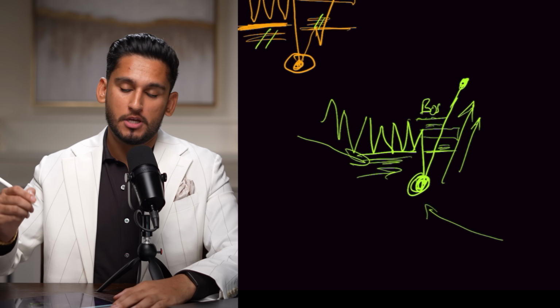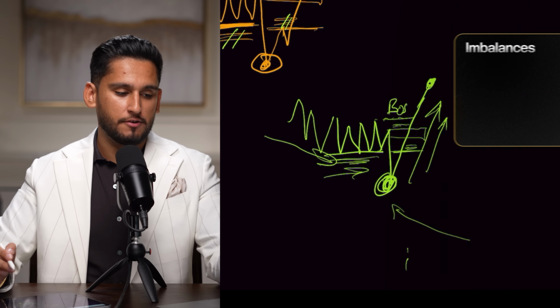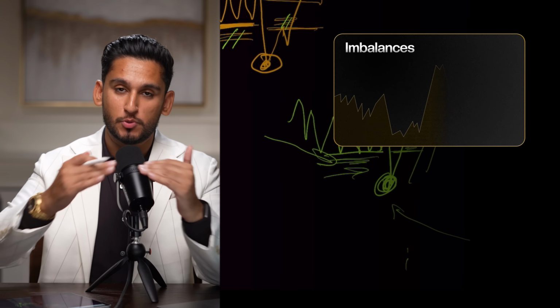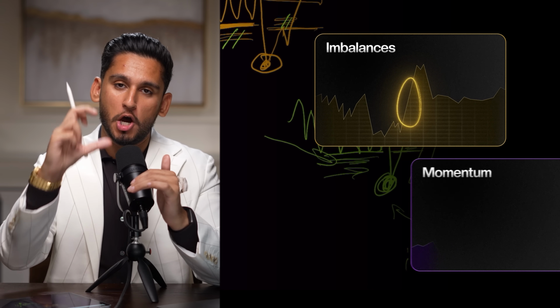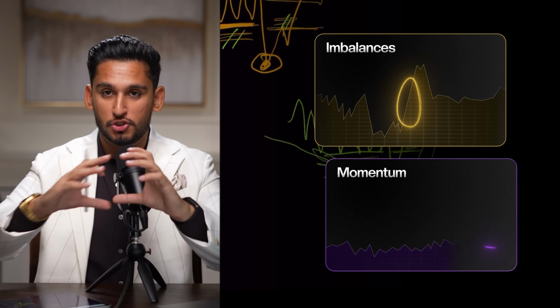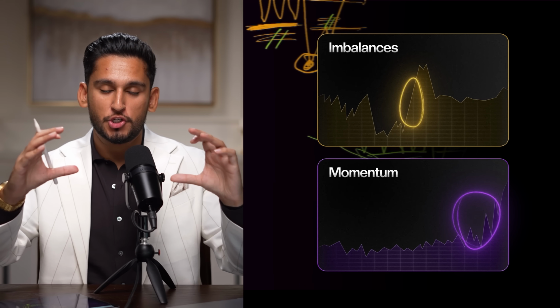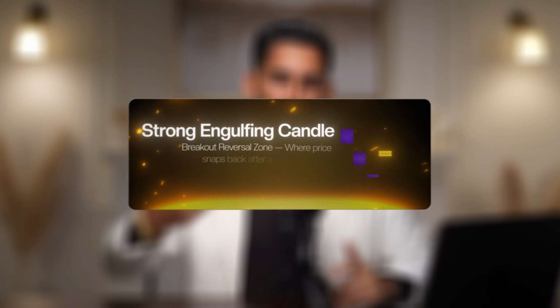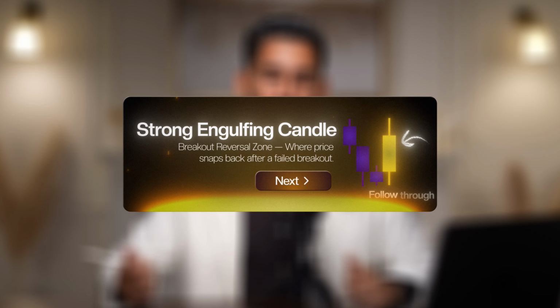Other signs of intent apart from break of structure and time is also going to be the nature of this reaction. So for example, inside of this reaction, if we see a few other criteria, for example, imbalances, we're seeing large bullish candles leaving large imbalances. We see momentum. So the consolidation buildup is very slow and choppy, and then the inducement and reaction is very fast. We can see that this took 1 hour, this took 3 minutes. Momentum is on this side that showcases intent. Next is going to be strong engulfing candles, strong bodied candles, and lastly is going to be follow through inducements.